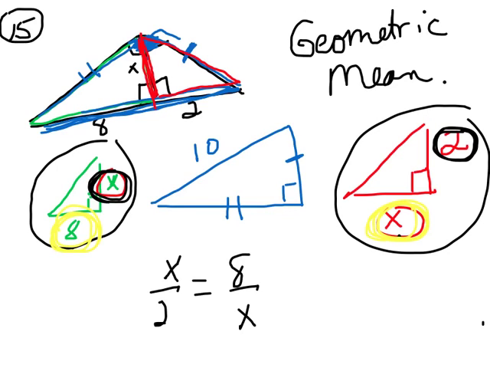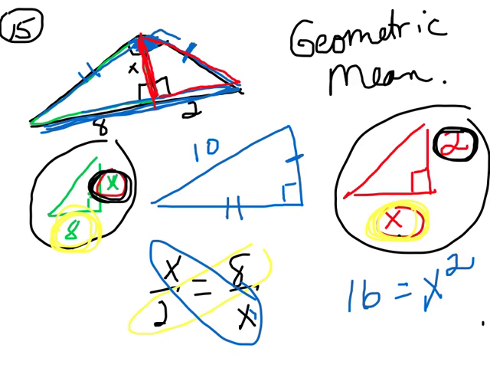So anyway, I can solve for this by cross multiplying. 8 times 2 is 16, and X times X is X squared. So if I want to solve for X, what's the opposite of squaring? Square rooting, right? The opposite of squaring is square rooting. So X would be the square root of 16 is 4. So I would know that X is 4 here. I can solve these triangles this way,